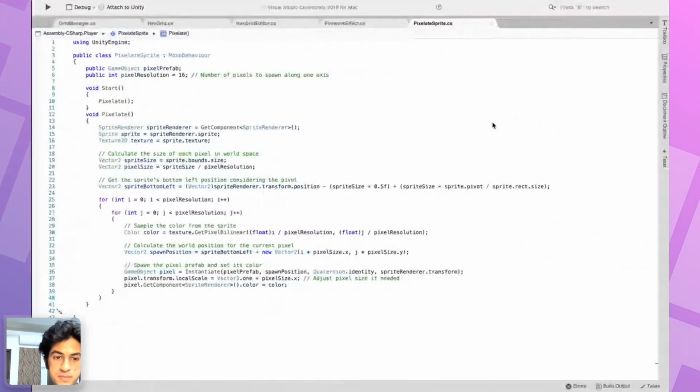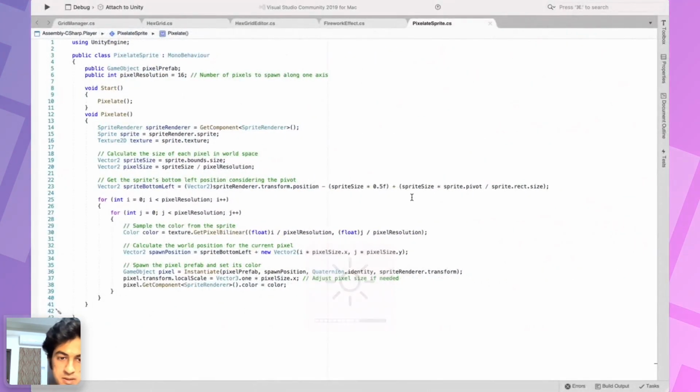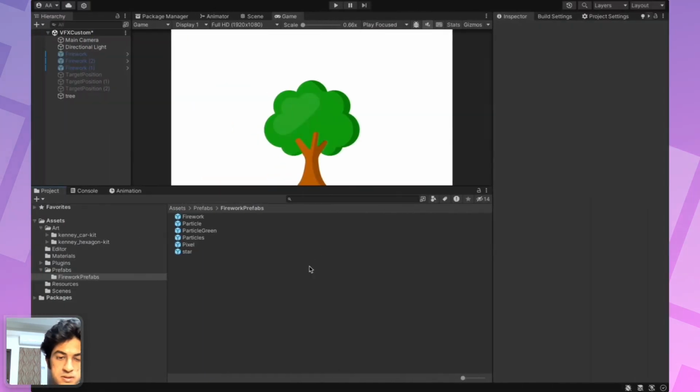So I think the problem here is in the scaling of the objects. So we can just disable the scale.